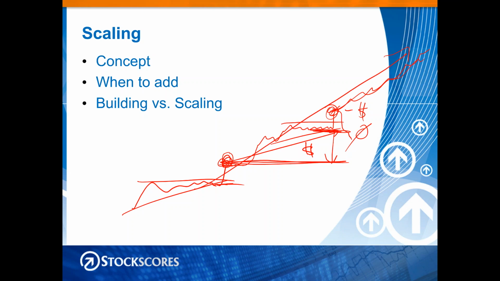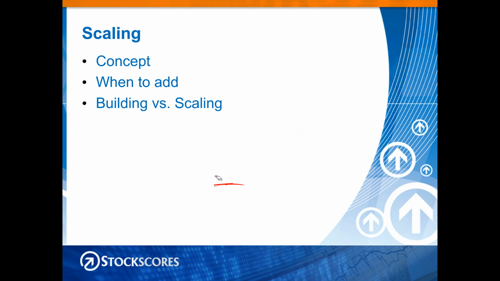Now there's a difference between scaling and building a position. So let me draw another little diagram here for that. If we have our ascending triangle, we have a breakout, buying at 10, stop at 9. Let's say we know for a fact that stocks that break out often pull back after they break out. I would say 65% of the time that happens, probably more, probably 80% of the time. And so you could say, well, I'm only going to buy half my position on the breakout, and I'm going to look to buy the other half on the pullback. And you might get to buy the other half at $9.30 as it's starting to turn higher again.